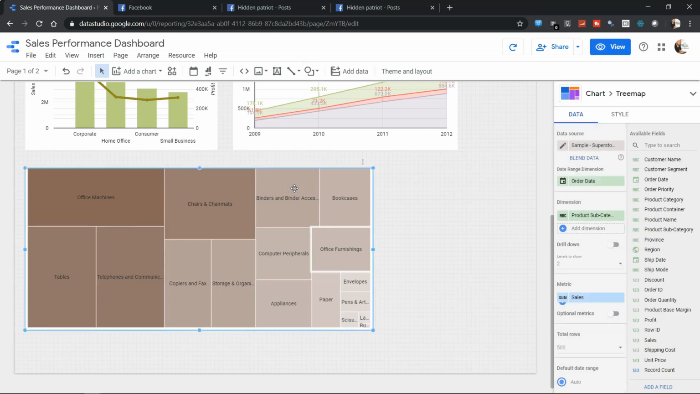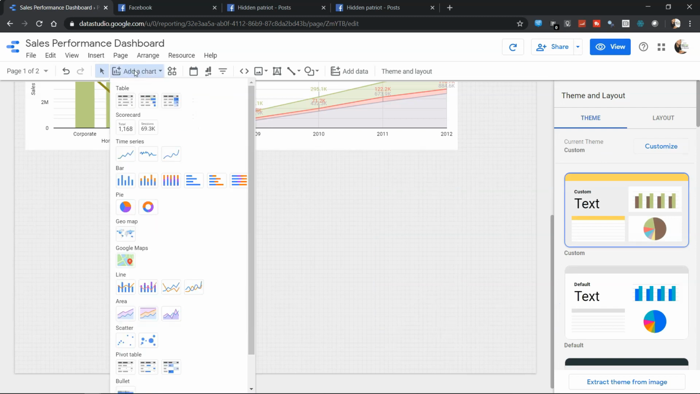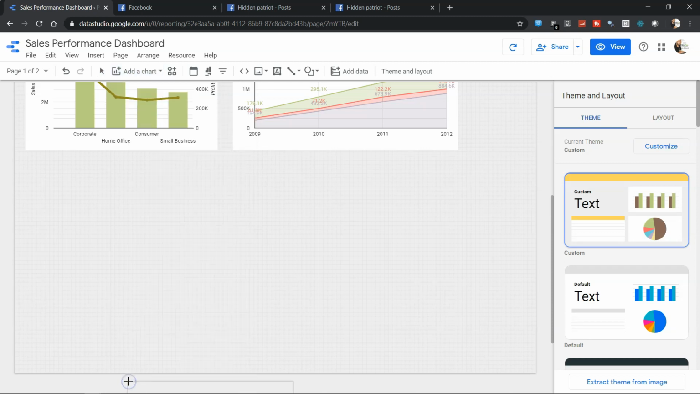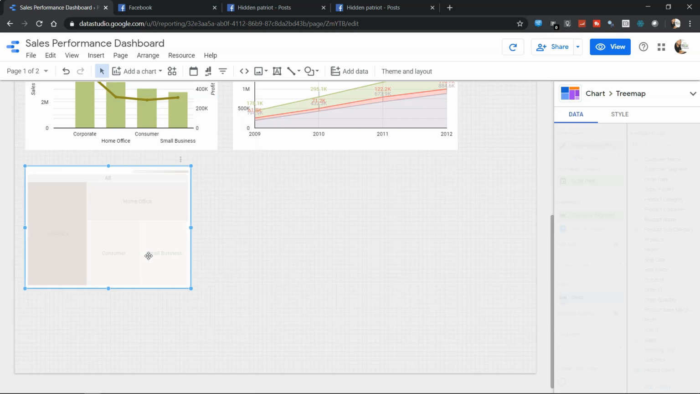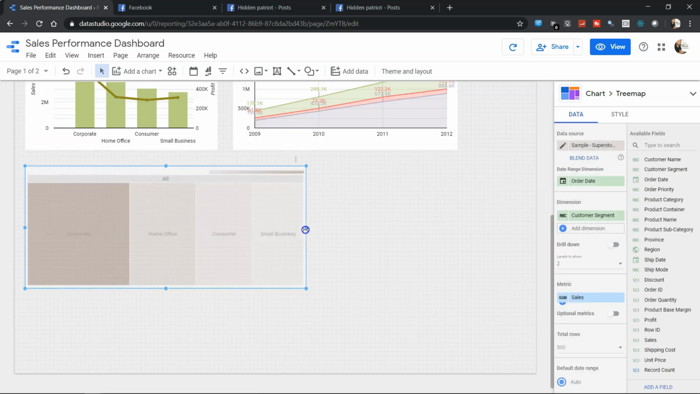So what I'll do is I will just delete this and come over here to add chart, and down there at the end we have the tree map chart. So over here I will just drop it, and it will show us the default values, all the default settings and everything. So what I'll do is expand this a little bit,